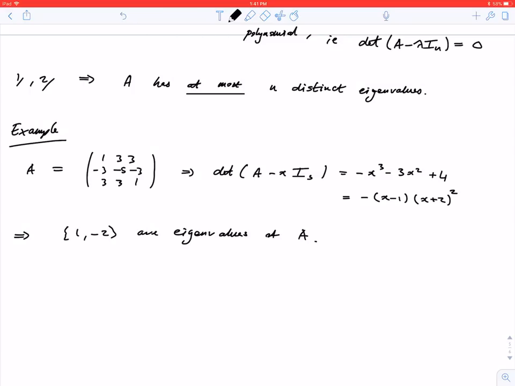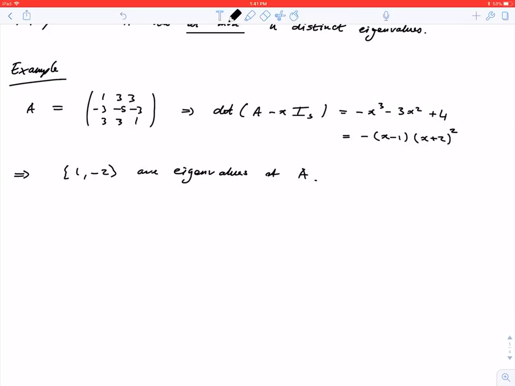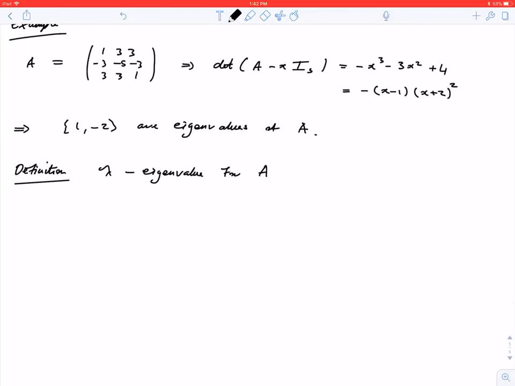So we should maybe also notice that in this case there's kind of a difference between 1 and minus 2 here, because minus 2 is kind of turning up twice if I look at the characteristic polynomial. So I'll introduce a definition for this. It's not going to be too crucial for us, but it's good terminology to know. So let lambda be an eigenvalue for A. So that means it's a zero of the characteristic polynomial. The algebraic multiplicity